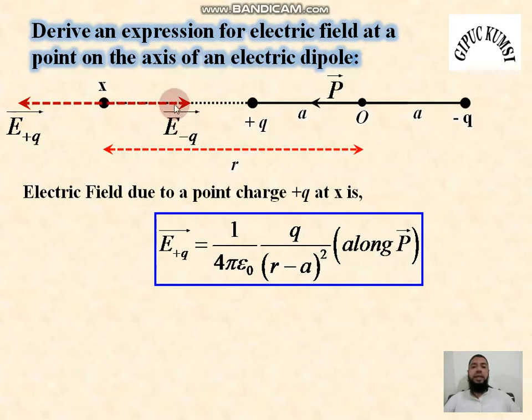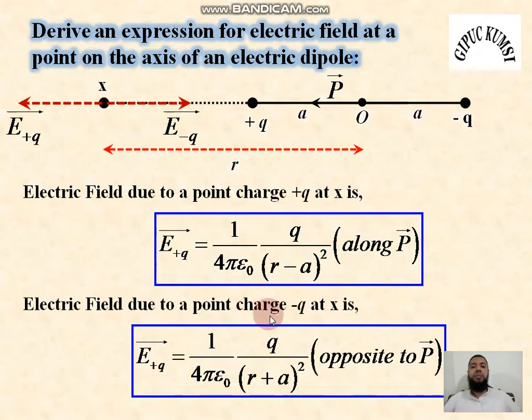Therefore the electric field is directed towards the negative charge. This electric field E minus q is given by 1 by 4 pi epsilon naught q by, now see the distance